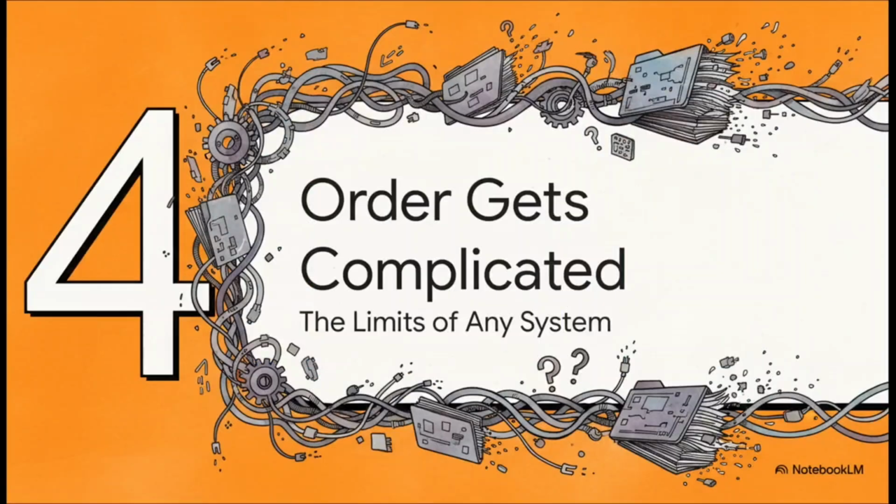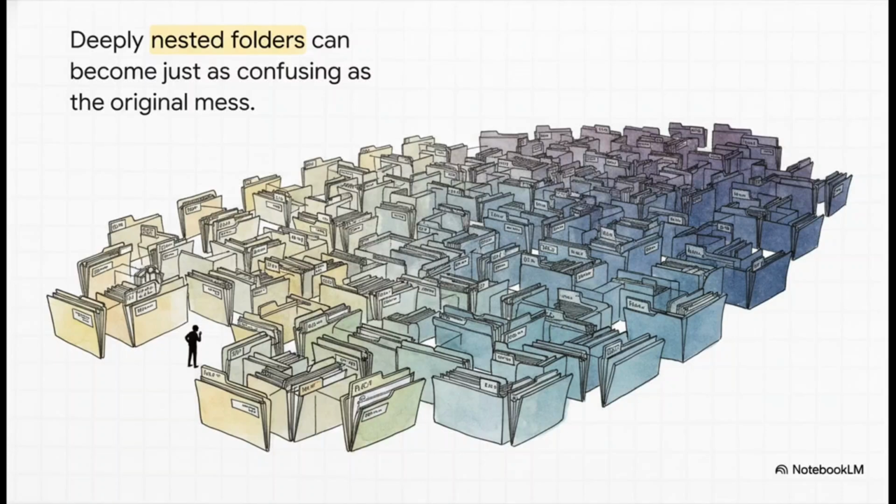But okay, let's be real for a second. There is no such thing as a perfect system. And even an elegant method like PARA can, if you're not careful, create its very own special brand of chaos. You know how it goes. If you have a really complex project, you might create a folder for it. Okay, makes sense. Then a subfolder. Then another subfolder for revisions. And another one for assets. And pretty soon, you're clicking through a maze that you built yourself, and you're right back where you started, completely lost.